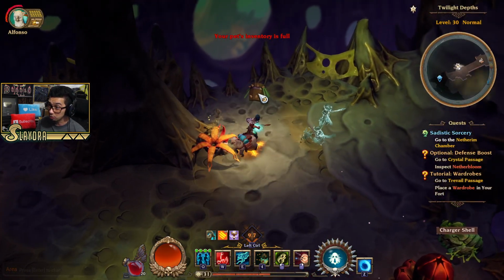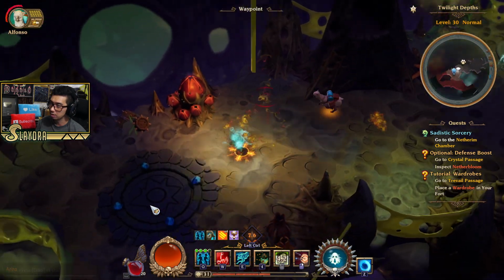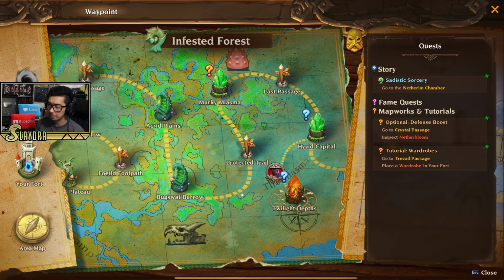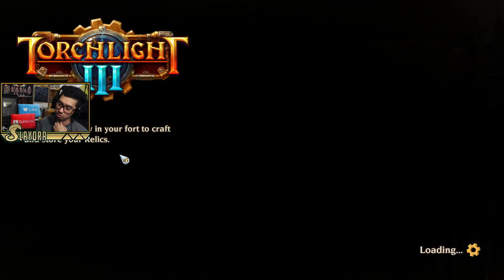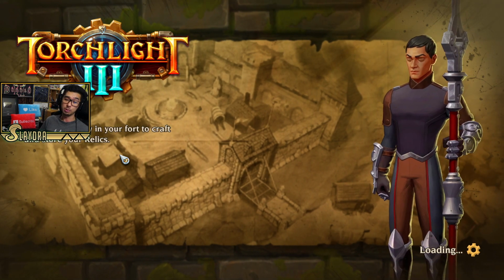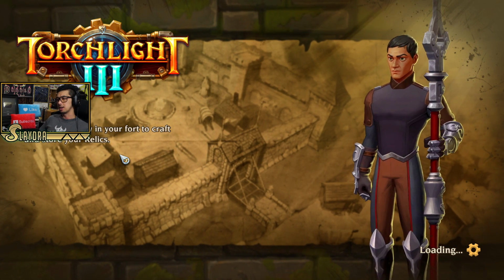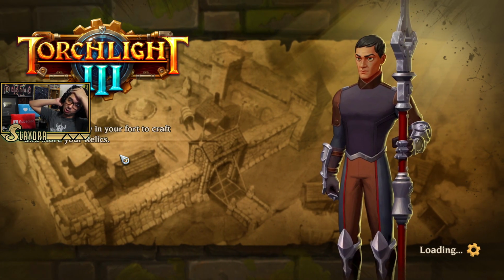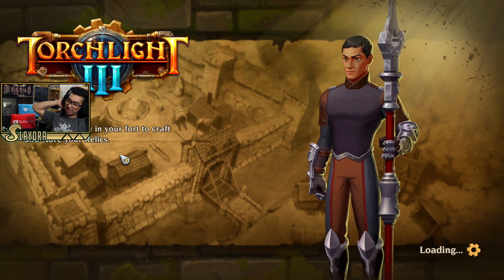Oh, these follow us too? I didn't know that. That's actually really good. Oh, nice. We got a waypoint. Alright, so now that we're at Twilight Depths, we're going to go back to the fortress, unload everything, start disenchanting, and then also enchant our bow for potentially more damage, or crit would be good too. If I roll crit, I almost want to go back to more crit because our crit is at almost